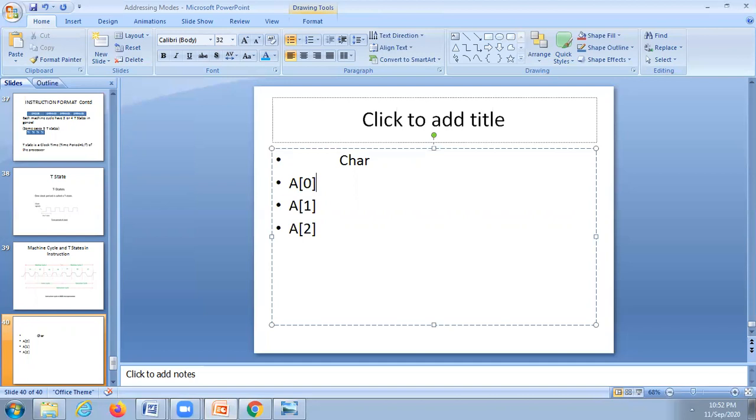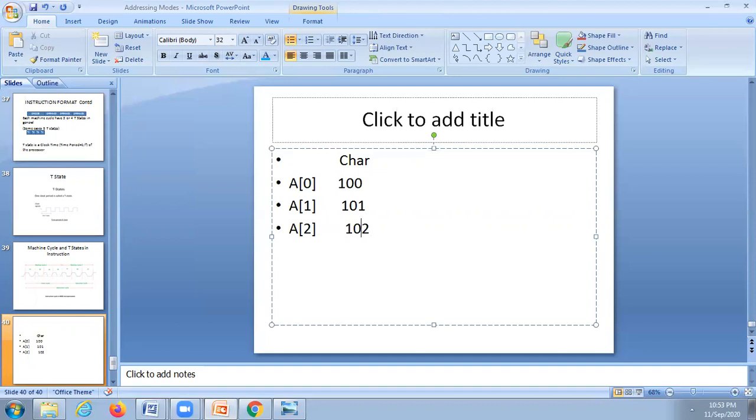I'm comparing this with C, because in C there are unary operators, and you have already learned that. If a contains characters and a of 0 is 100, then a of 1 location is 101, and a of 2 location is 102.